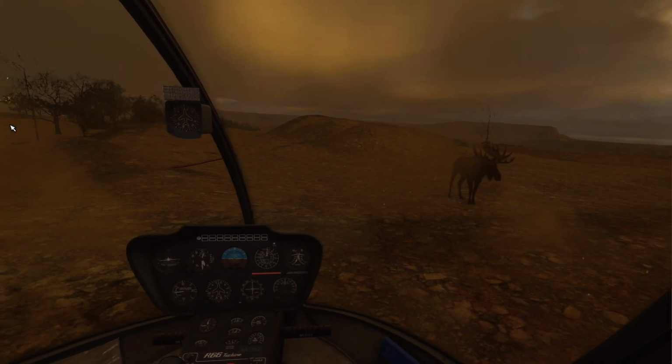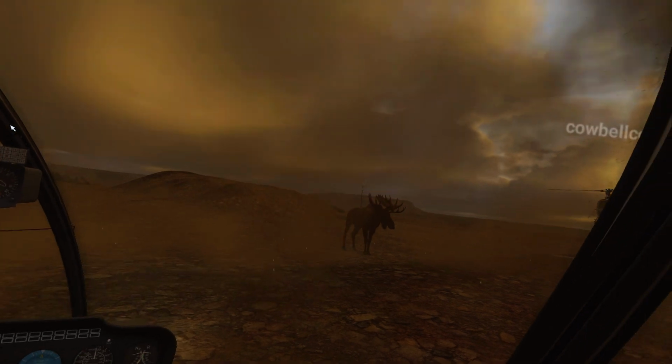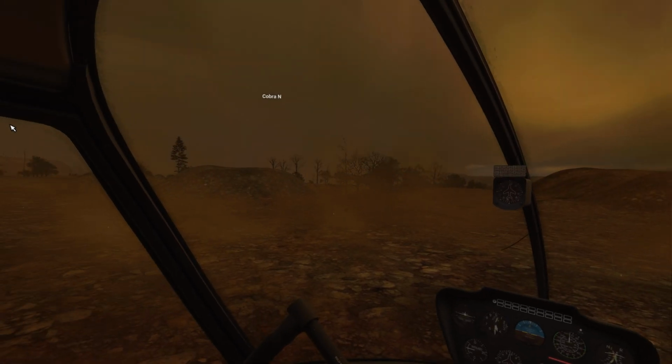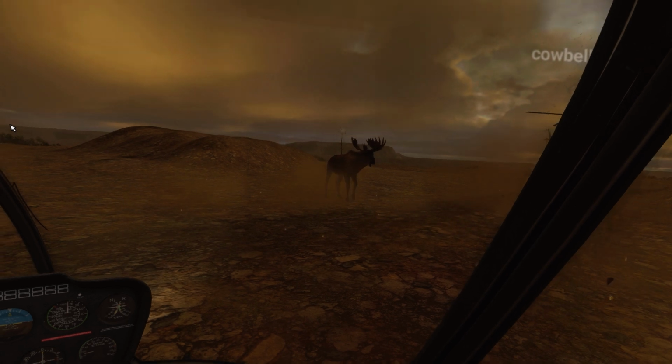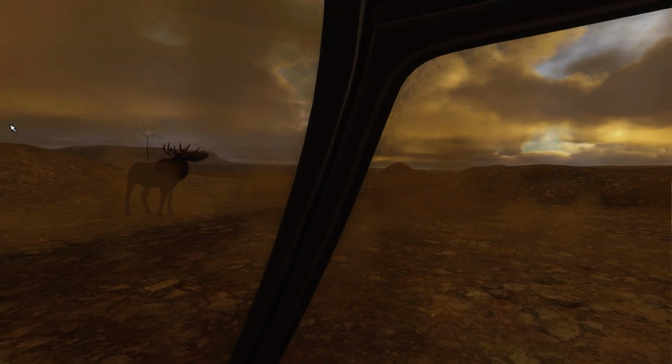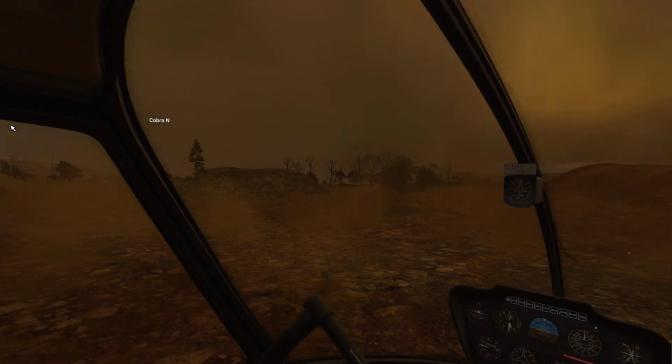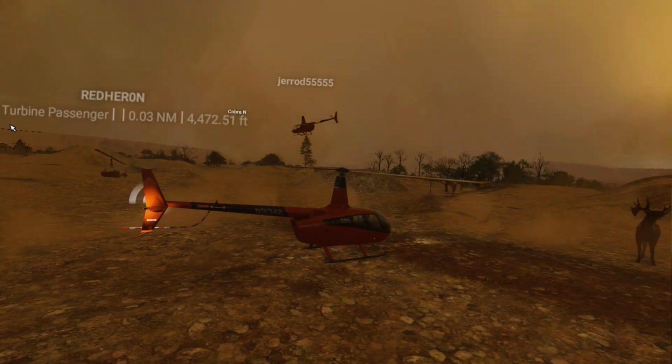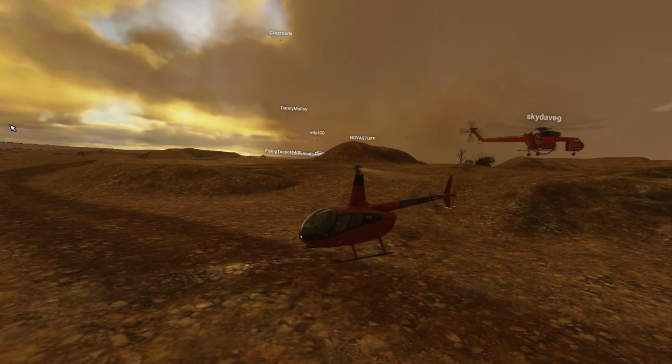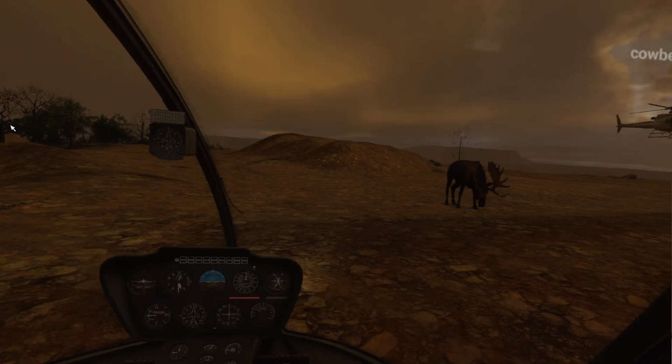Yeah, I can see rain hitting the ground. I can see raindrops falling from the sky, but I have no rain on my windshield. What about your side windows? I noticed they show it more. Nope. And I'm landed too. I should be seeing rain all over the place. I don't see no moose. I am maybe